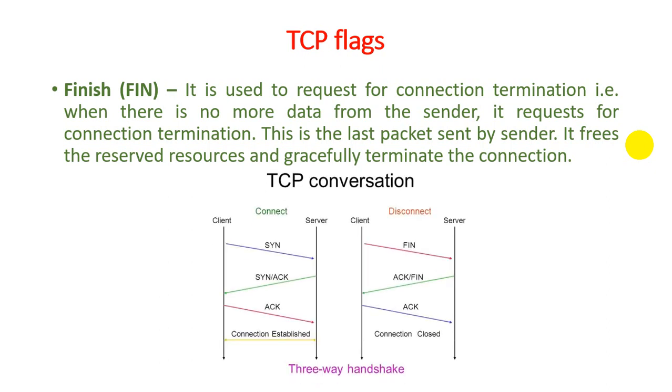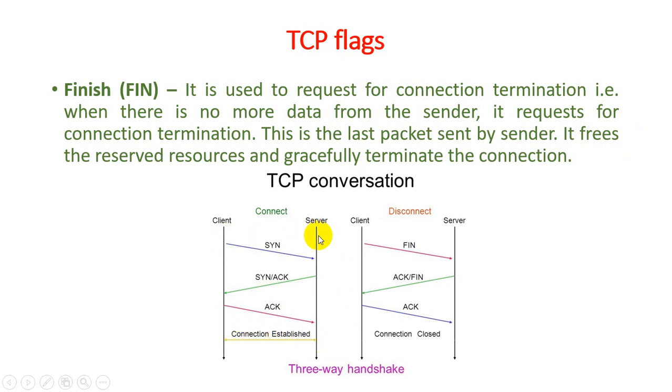Now we see how the three-way handshake protocol works. There are two sides on this screen: a TCP conversation with the help of the three-way handshake. On the left-hand side, it is required for the connection. If the client wants to communicate with the server, it performs a synchronization, client to server. The server responds with a synchronization and acknowledgement packet. If the client receives the synchronization with acknowledgement packet from the server end, then the client sends an acknowledgement packet, which means they can receive a successful message.